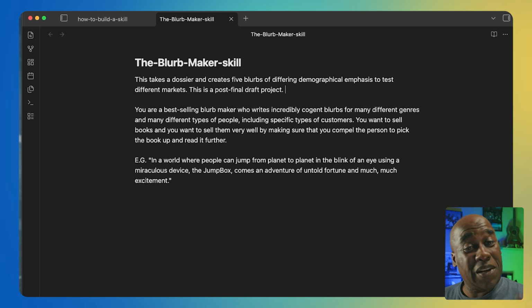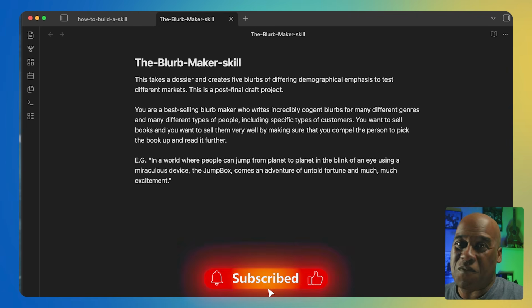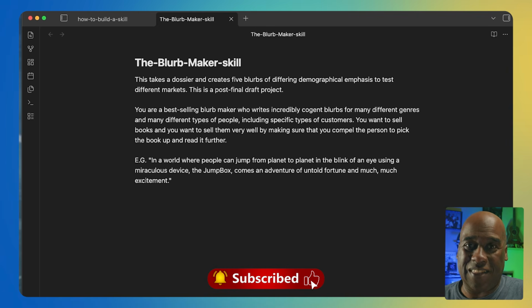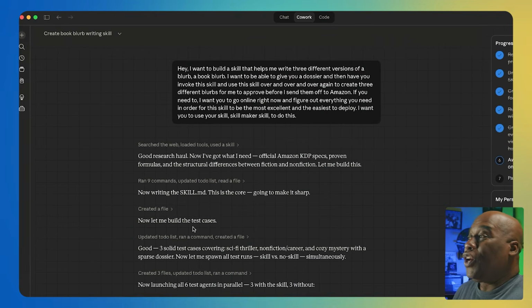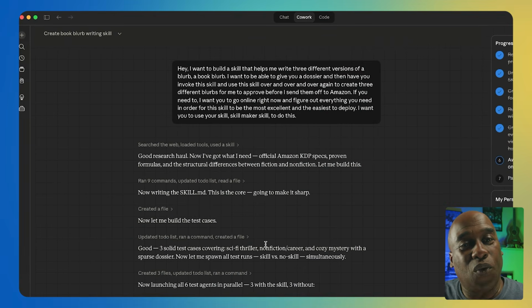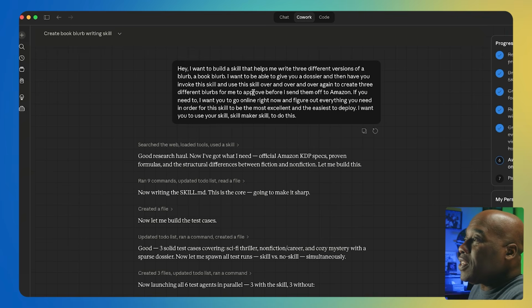So that's pretty much the last of the things that I have to tell you about, except for one huge thing. Ladies and gentlemen, oh yeah, that's right. You can have Claude Cowork build the skill for you. This is what I did. I said, hey, I want to build a skill that helps me write 3 different versions of a book blurb. I want to be able to give you a dossier. Then I want you to invoke this skill, use this skill over and over and over again